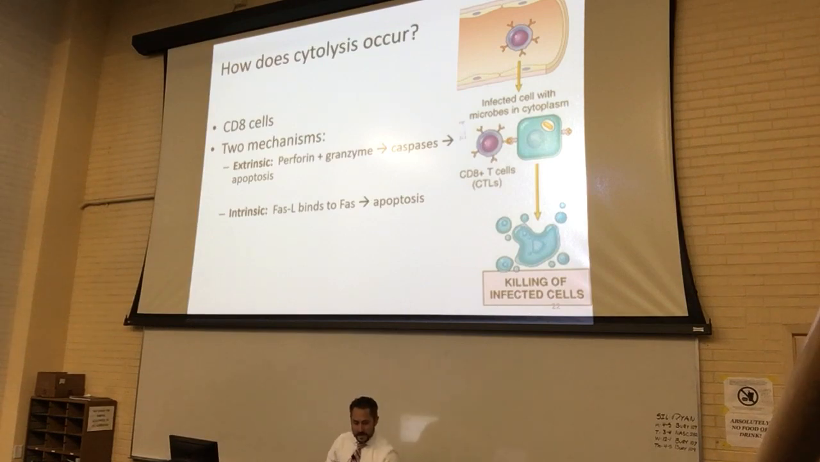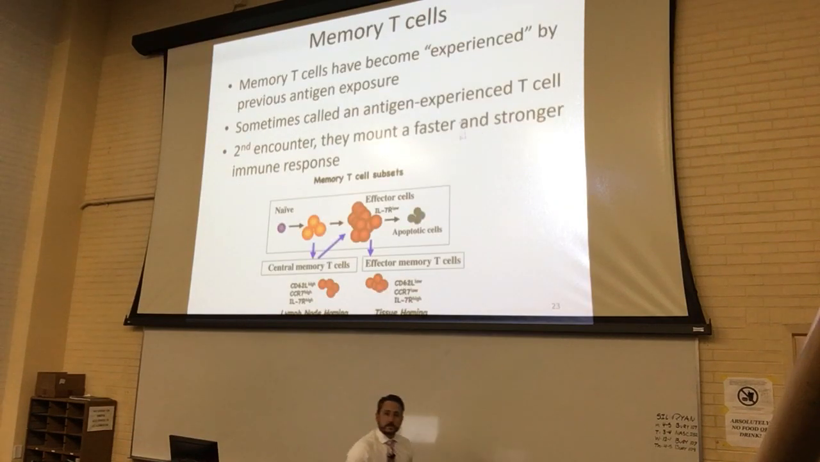Questions on that content? All right, last new material, and then we'll talk about some review questions. We've got memory T cells. So these memory T cells, they've become experienced by prior antigen exposure. And in this situation, the second time, like with the B cell, it's a faster and a stronger immune response. And so if you look at the diagram below,